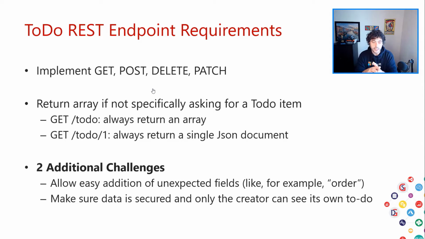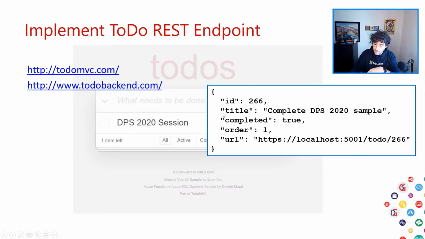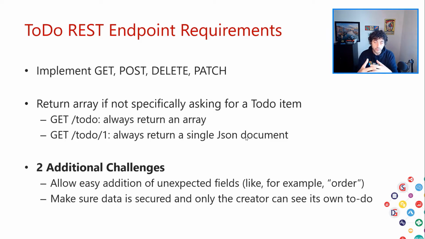But along the way, new requirements will come. So one would be the ability, after we created our API, to add support for a new property. Actually, the order property at the beginning will not be in our requirements, so we will work without the order property in our first iteration. And then after we add the order, we also want to add security to make sure that only the to-do list items that I create will be visible to me and not to someone else. Again, this will happen after we have created our code,